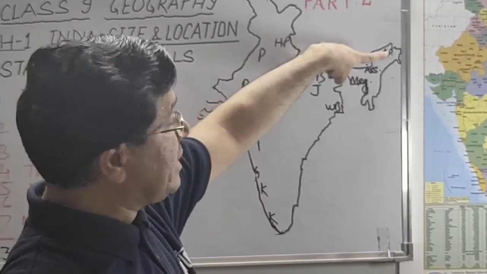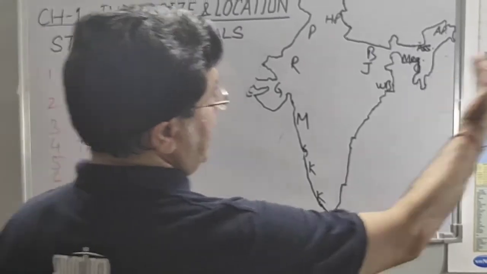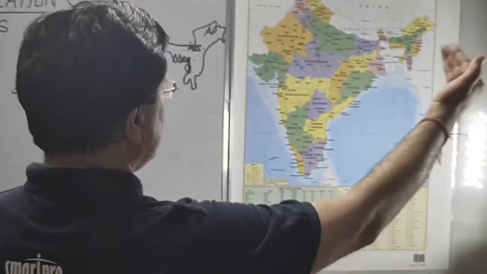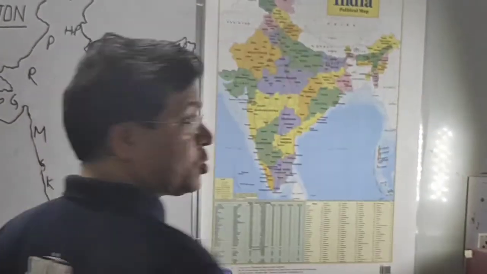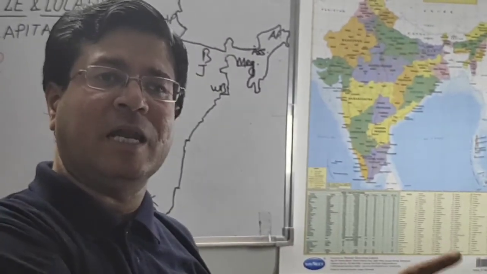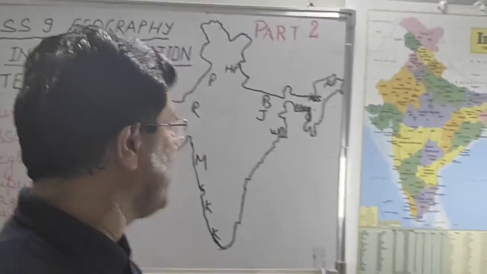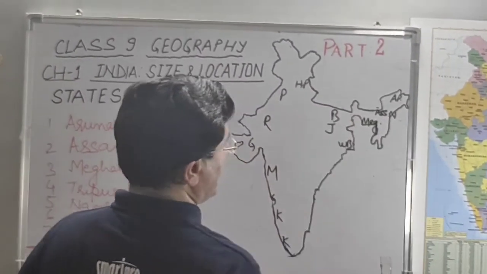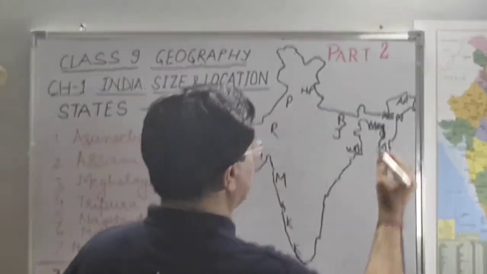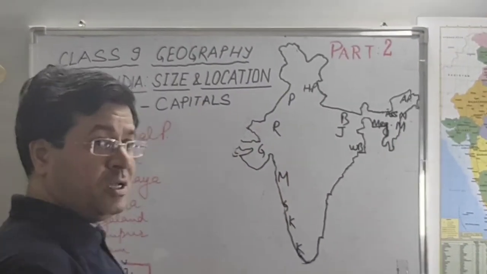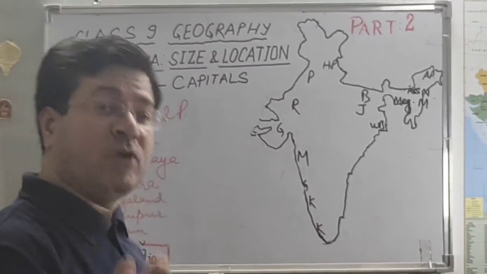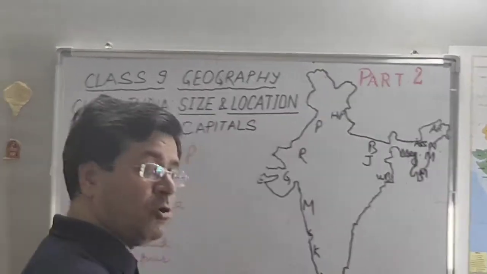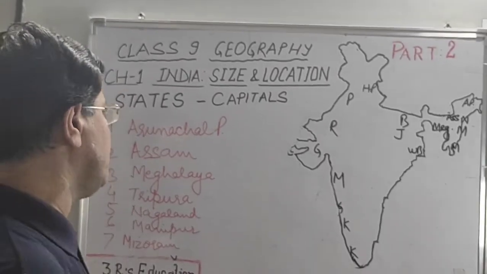And Arunachal is also very easy to remember. Arunachal is the easternmost state of India, and when the sun rises, it first arrives in Arunachal Pradesh. So with reference to India, Arunachal Pradesh is the land of the rising sun, and Arunachal Pradesh is an appropriate name given to this land. Then here we have Nagaland, where the Naga Hills are very famous. Naga tribes are there. Then we have Manipur, famous for a very beautiful lake, Loktak Lake. And then Mizoram, where we have the Mizo Hills or Lushai Hills.